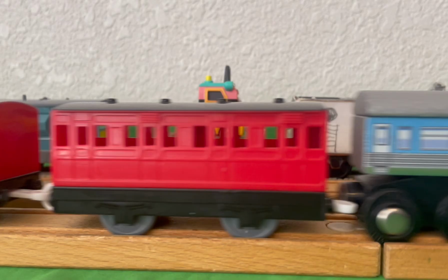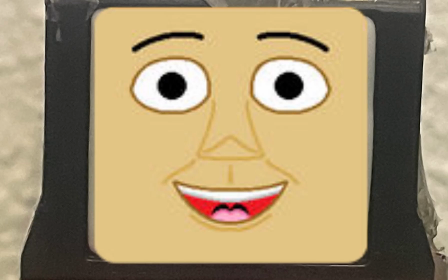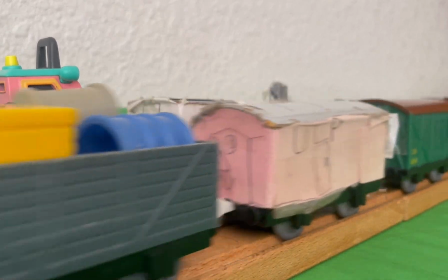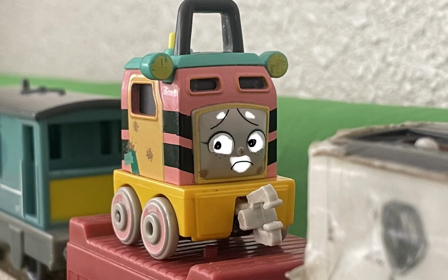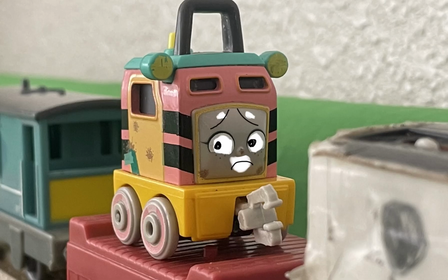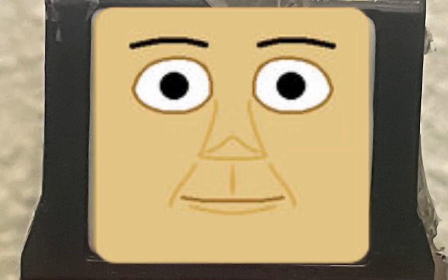Blimey, mate, I remember seeing an American motorcar in Australia. Yo, Arthur, what's up? Good day, Adam. Oh, hello there, newcomer. Sandy doesn't understand the way everyone speaks to her. Huh? Oh, right. A lot of people here speak British and Scottish instead of American. You're in the UK, remember? Oh, right, I forgot. Don't worry, you'll understand soon. Though I think there are other American engines that work in different parts of...